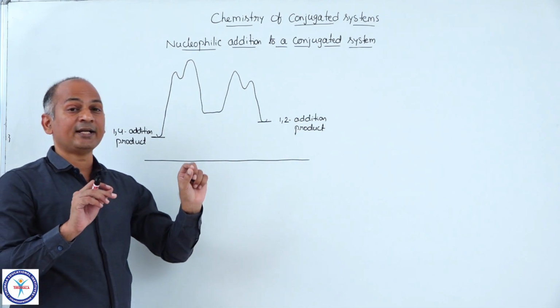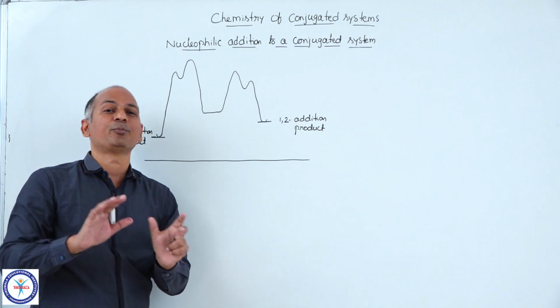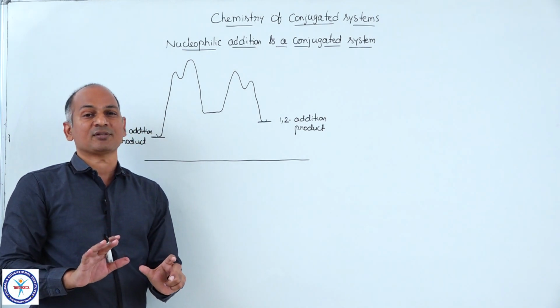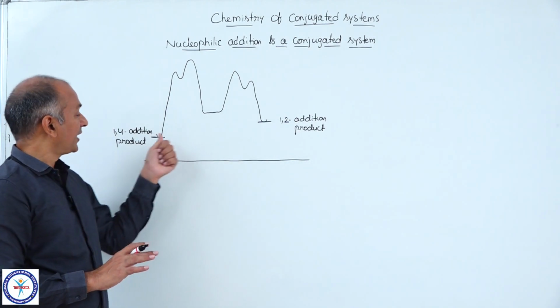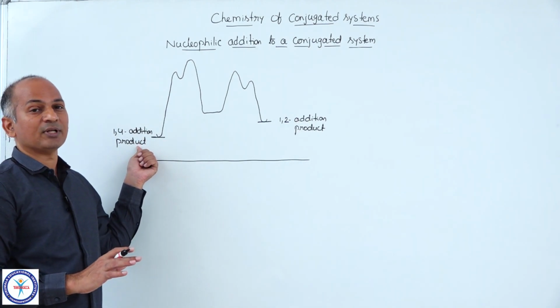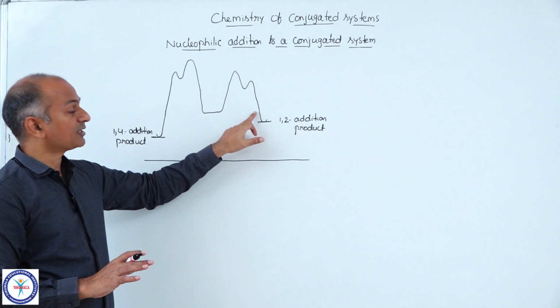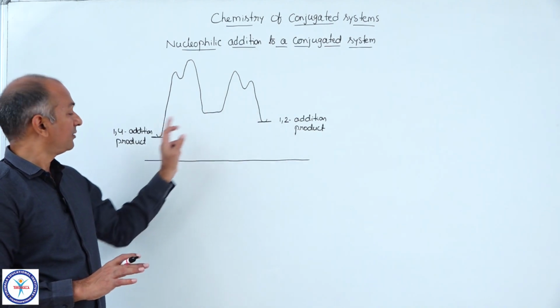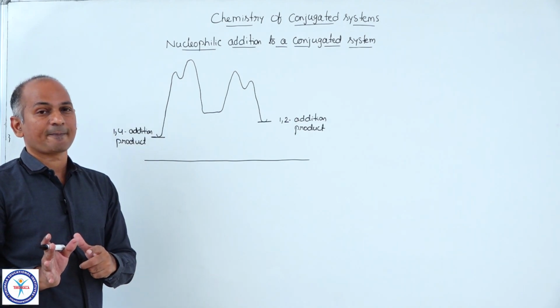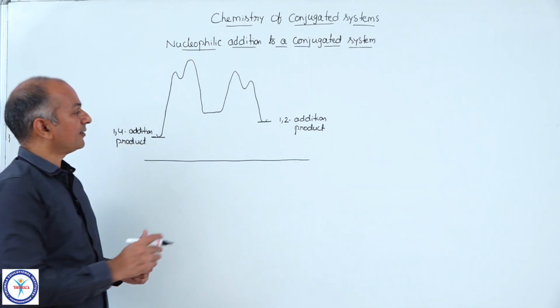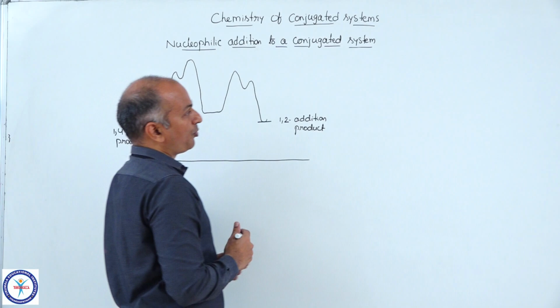When the conditions are not favorable for a reversible reaction, then only this is obtained as a major product. But whenever the conditions are reversible, particularly this path, whenever this path becomes reversible, this becomes the major product. Exactly similar to electrophilic addition. Now here let me add 2 points.